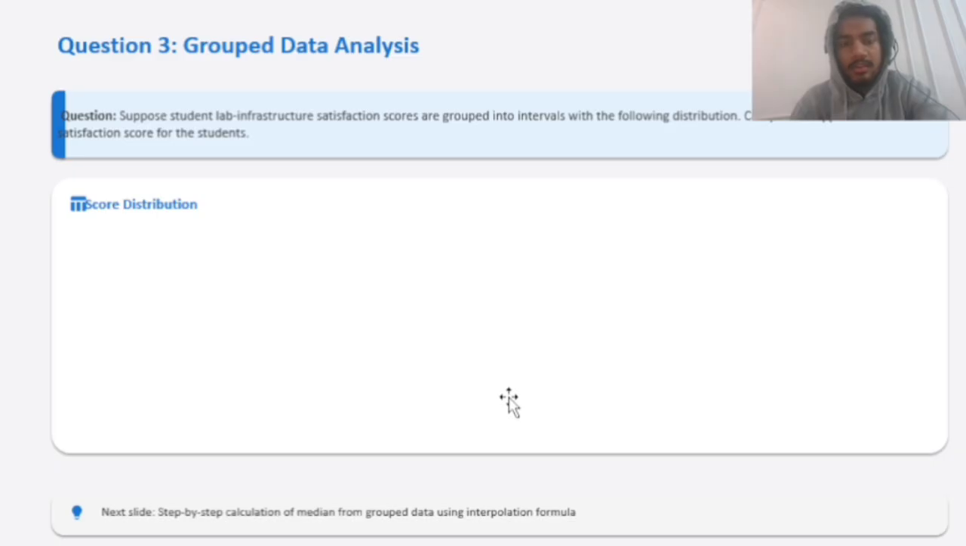So in step 1, find total frequency. We add all frequencies. So 200 plus 450 plus 300, 1500 plus 74. This gives us a total frequency of 3194. In step 2, we find the median position. Median occurs at n divided by 2. So 3194 divided by 2 will be 1597. This tells us that the